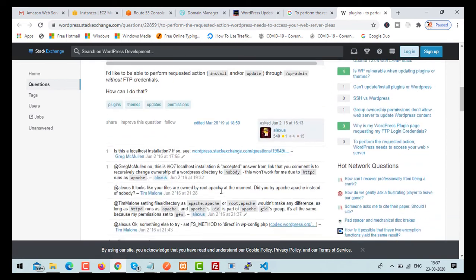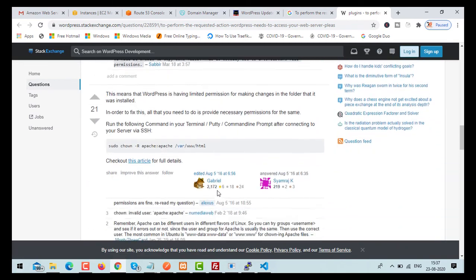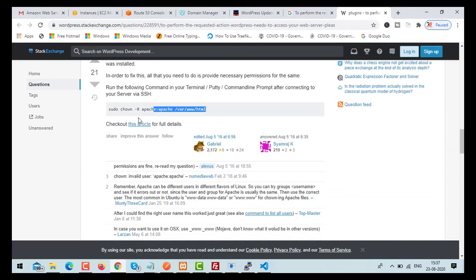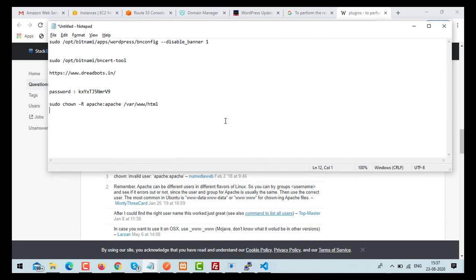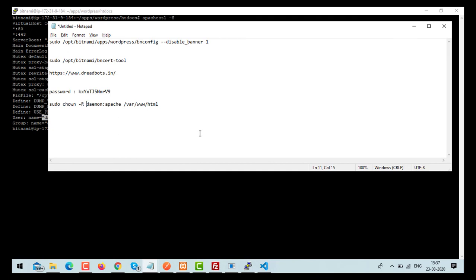Okay. So here I found a command. So this is the command. But here you can see their username and group name is apache. But in my case, my username and group name is daemon. So we need to change this apache to daemon. Group name also to daemon. So this is the command we need to execute, and here also we need to give the path of our